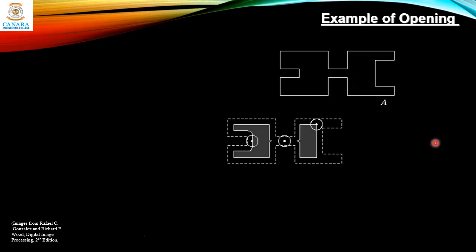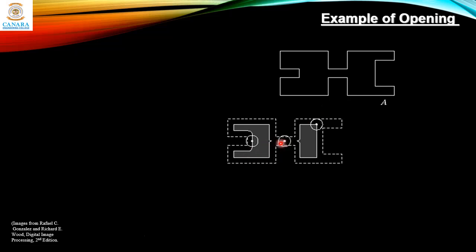Let's see one more example of opening. So here is the object that we want to open. The structuring element is this disk with the center pixel shown here as a thick dot. Now, in order to perform opening, the first thing we will do is erosion.